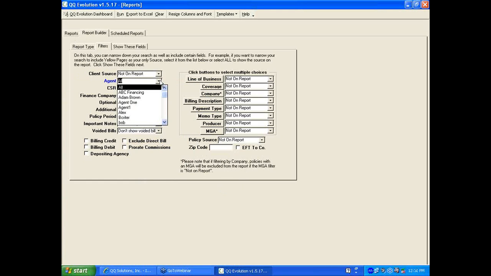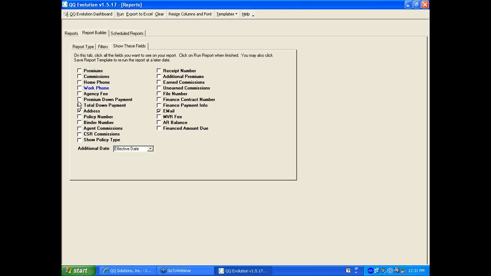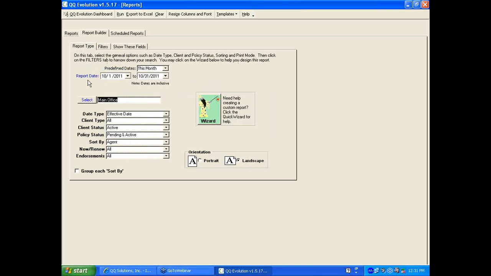So right now I can either choose to have all agents, or I can choose not to have them on the report, since this is going to be specific to the producer. So maybe I want to have that information on there. I want to include all companies, and then I want to include all the producers. Okay, so the information I want on these fields, say I don't need the address, but I do need commissions, and I want to see the policy type also, and I don't need email addresses. So if I look at this, these are all the parameters I want to pull a producer report. I can click on Run now,